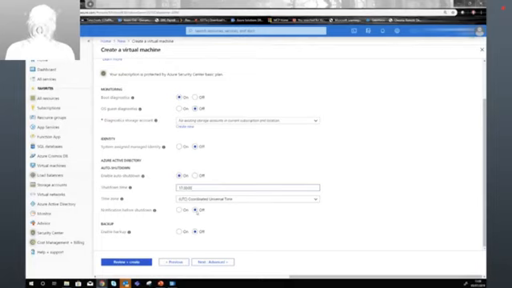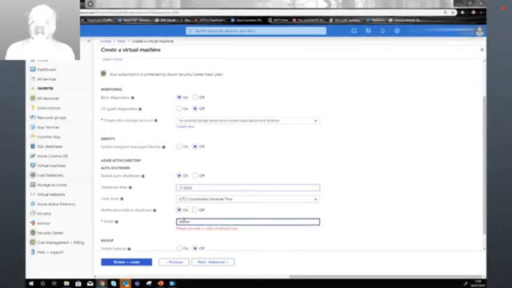But what's going to happen now is when it gets to 3:30, this is going to send me an email 15 minutes before the machine's due to shut down. And it's going to say to me, I'm going to shut this VM down now automatically. You can reply back by saying no to this email to prevent that from happening. By making that one small simple change, that means this virtual machine now only needs to be on 40 hours